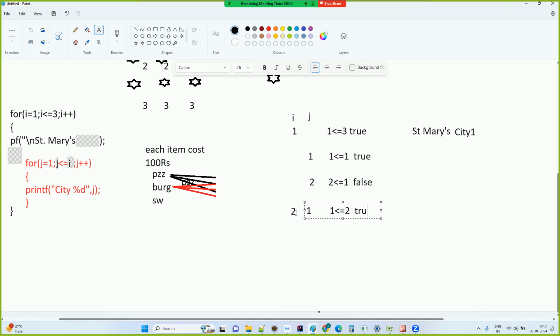So true. Now once I becomes 2 and it comes in again, it will display St. Mary's once again on a new line, and then it will take the value of J. J becomes 1 again. So what are we checking now? I is 2, so it will be true. So what will it display? City